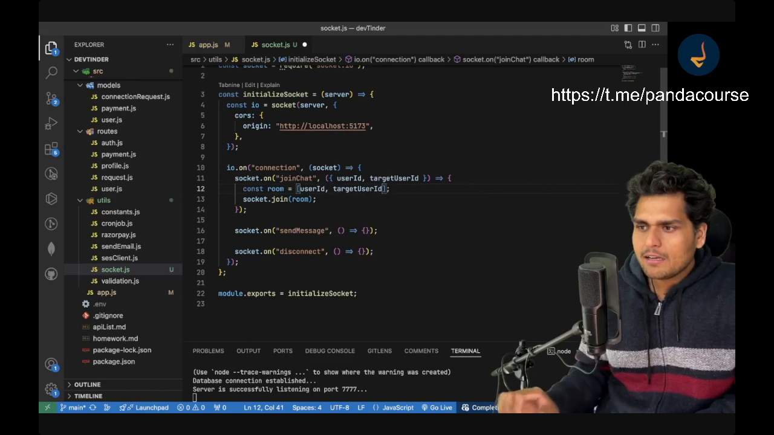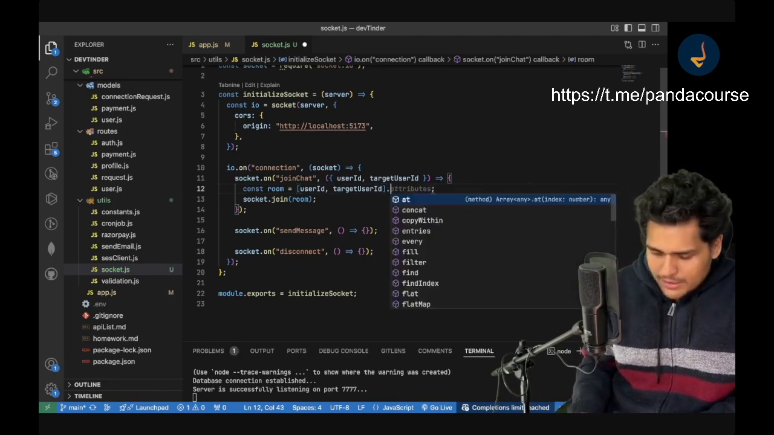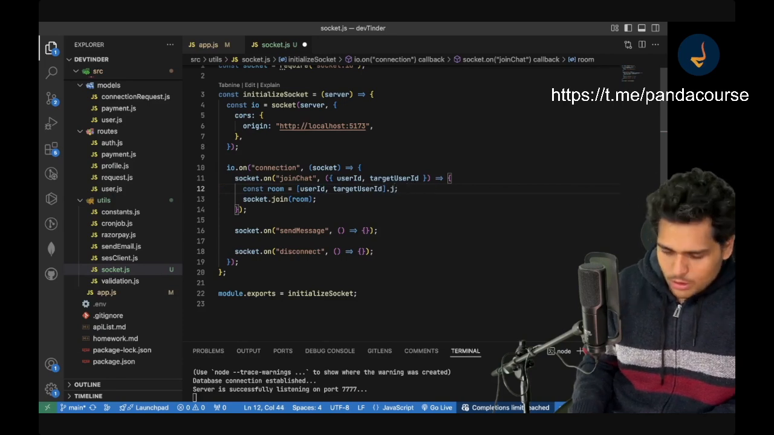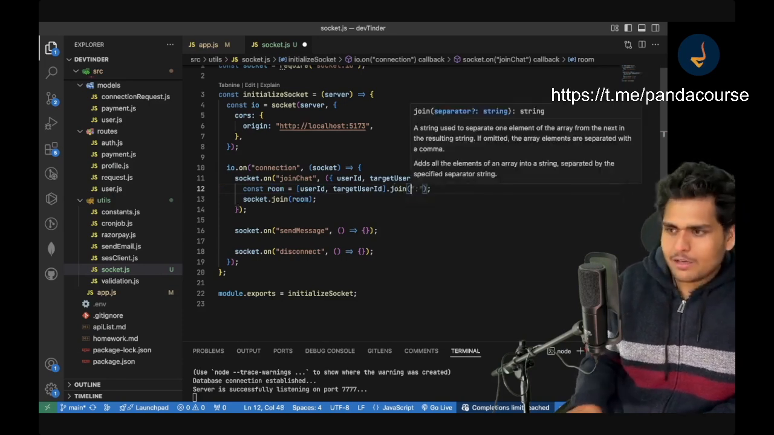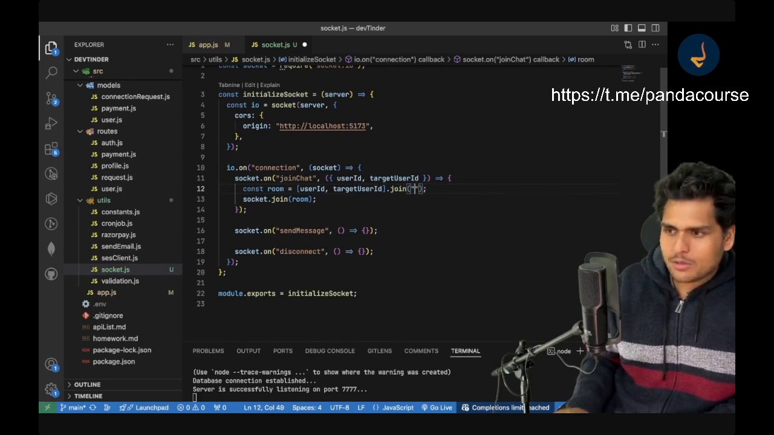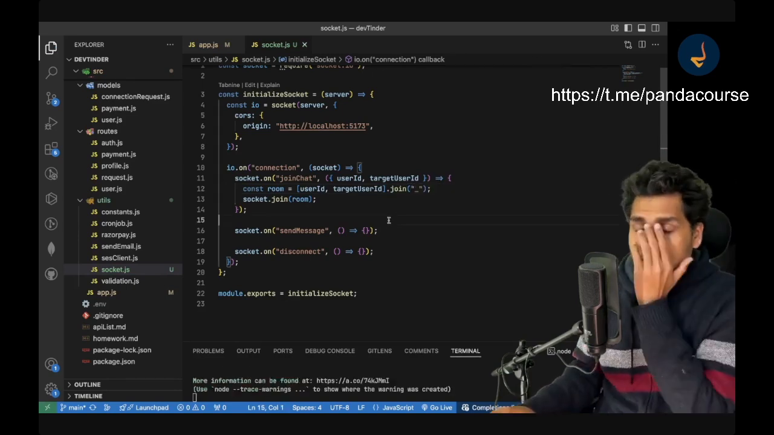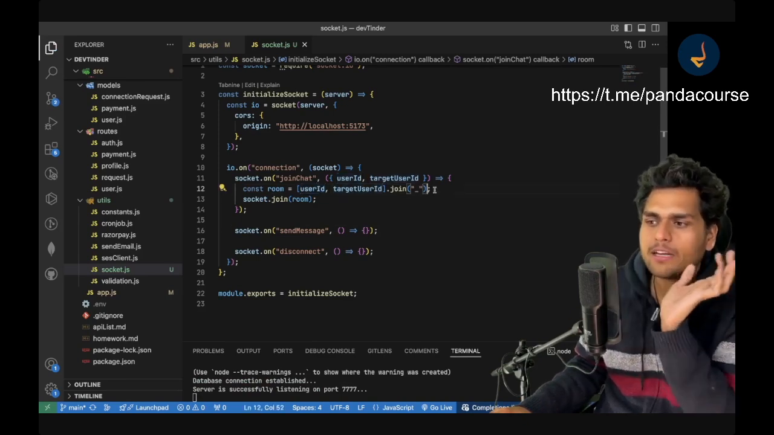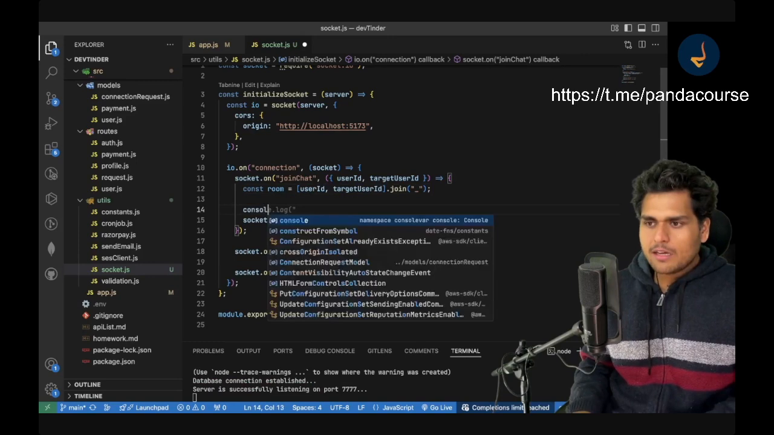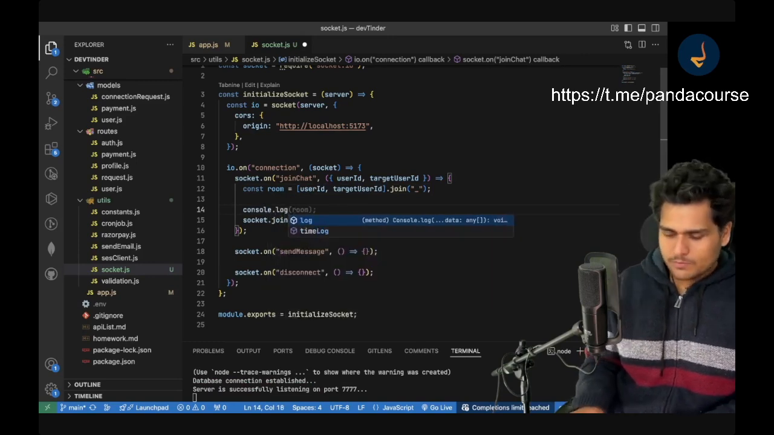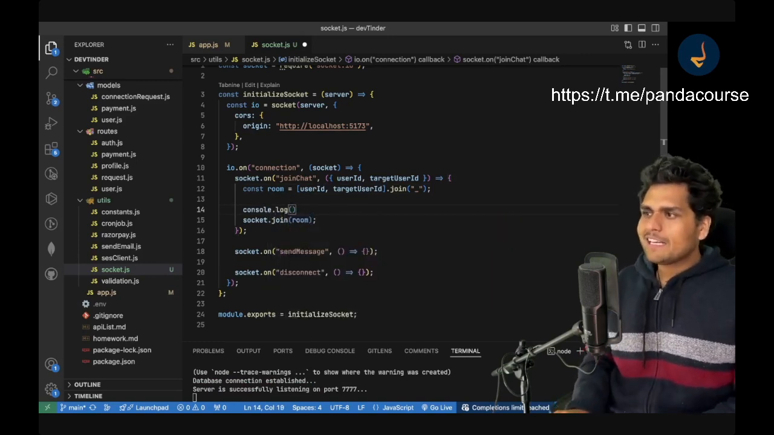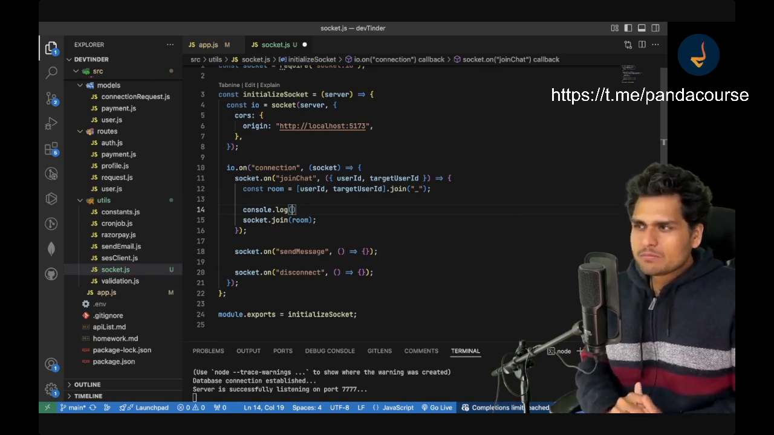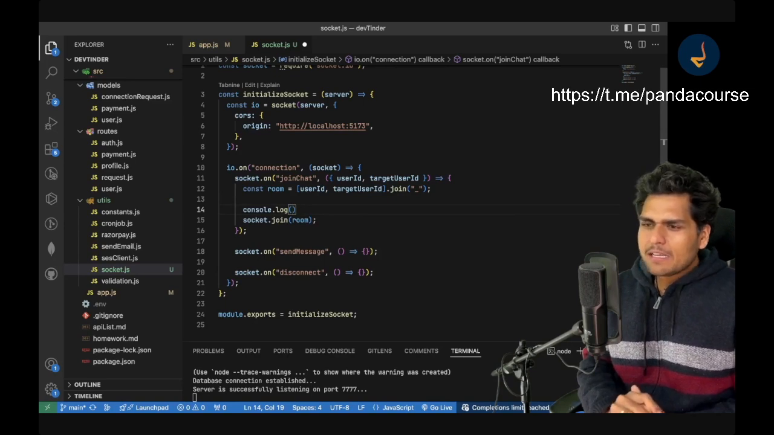You have the user IDs, and then you can say dot join, and then I can put an underscore in between. So basically user ID underscore target ID is my room ID, right? And I can also say console.log, and basically say